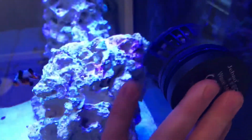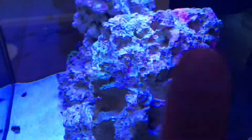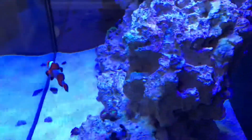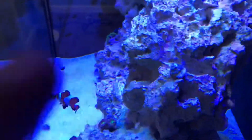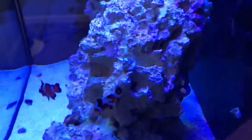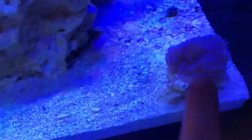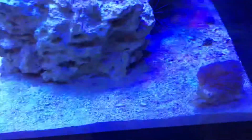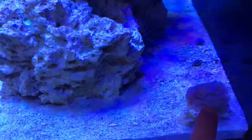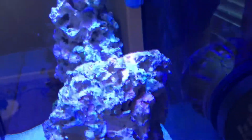Maybe my issues are flow, because one thing I did read was you can get dead spots in your rock if flow isn't good enough. But I mean, this Jebao does enough for this gallon of a tank to create some flow. And this is on the bottom of it, so this wraps all the way around the tank, and this guy still gets decent flow. It's a mid to low flow. So I'm not really sure what's going on, but